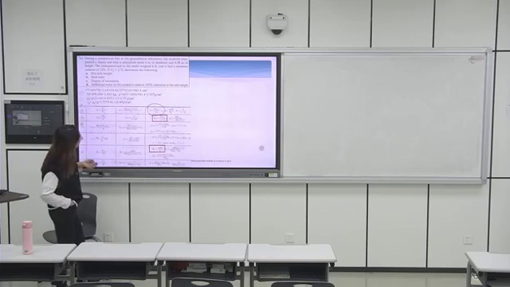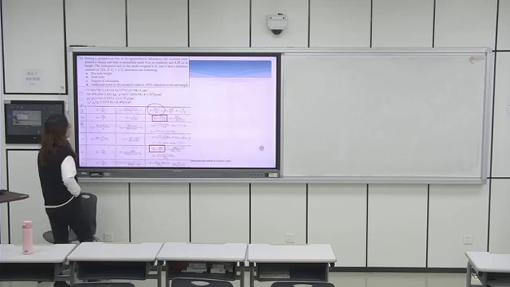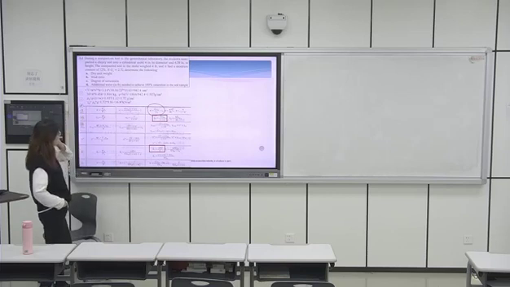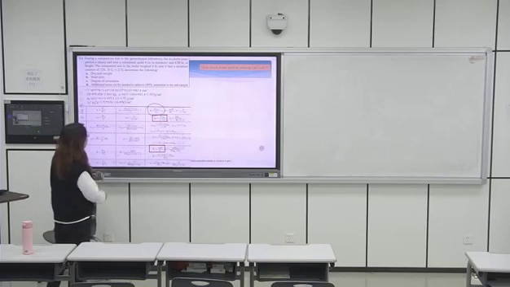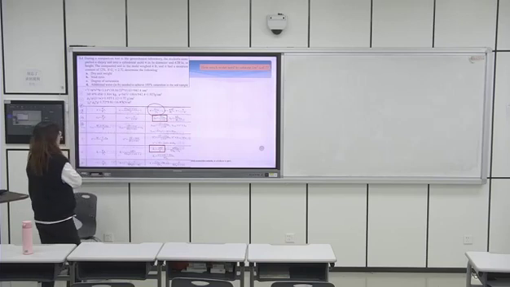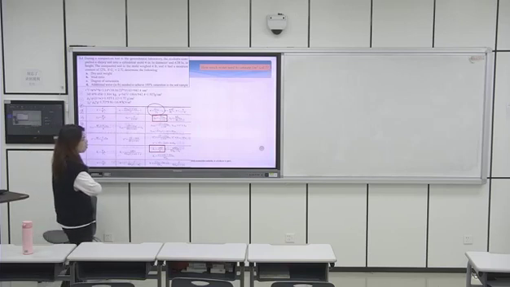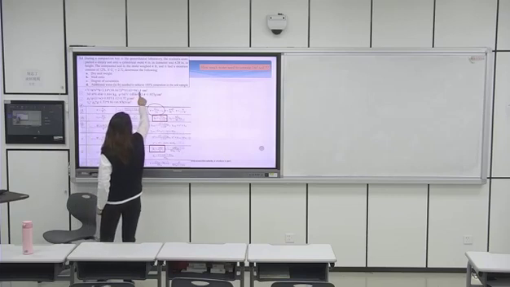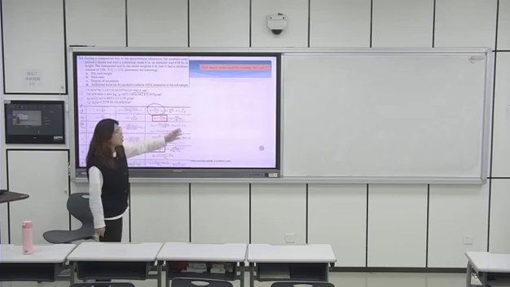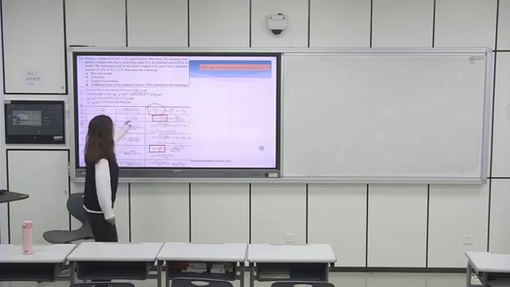Then let's see the final question. Additional water needed to achieve 100% saturation in the soil sample. How much water is needed to saturate? If we know how much water is needed to saturate 1 cubic meter of soil, because we know the volume of the soil is this, right? And you know 1 cubic meter, then you can calculate